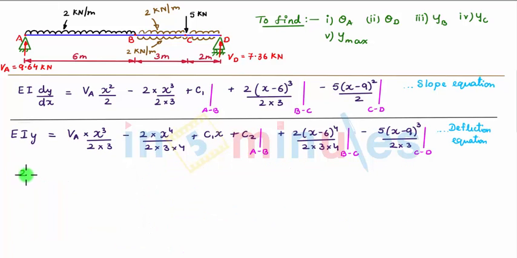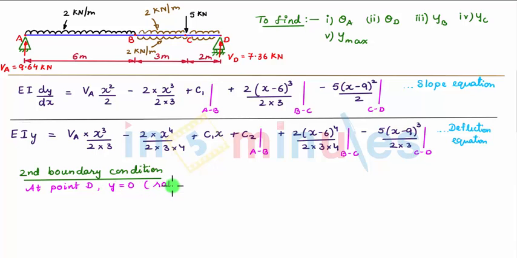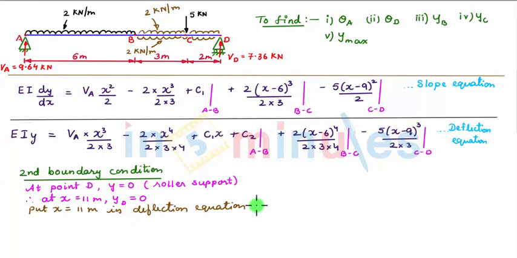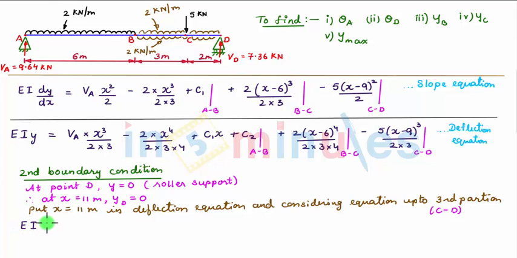Now applying the second boundary condition, now we see that at point D we have this roller support. So at point D your deflection will be 0 since it is a roller support and it does not move. So I can write at x is equal to 6 plus 3 plus 2, 11 meter, our YD is equal to 0. Now putting x is equal to 11 meter in deflection equation and considering equation up to third partition, since equation up to third partition is valid between point C and D,